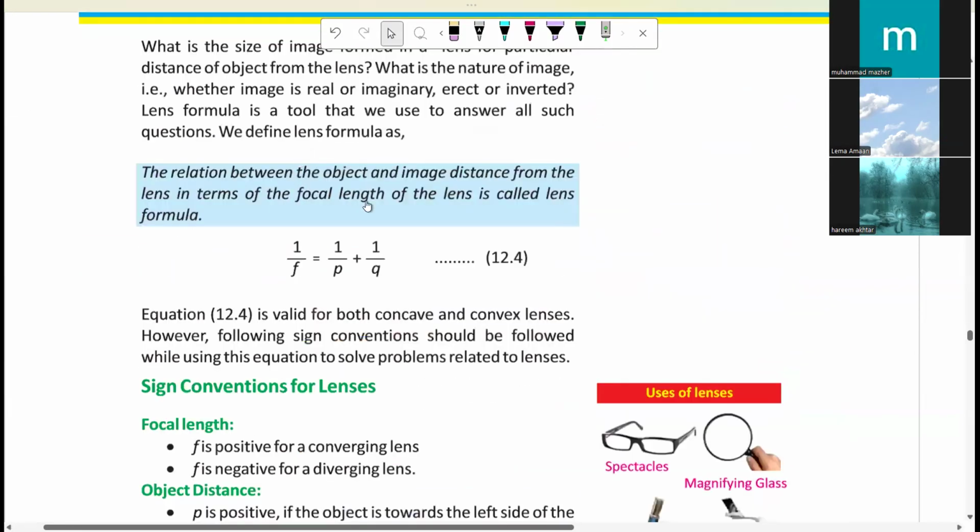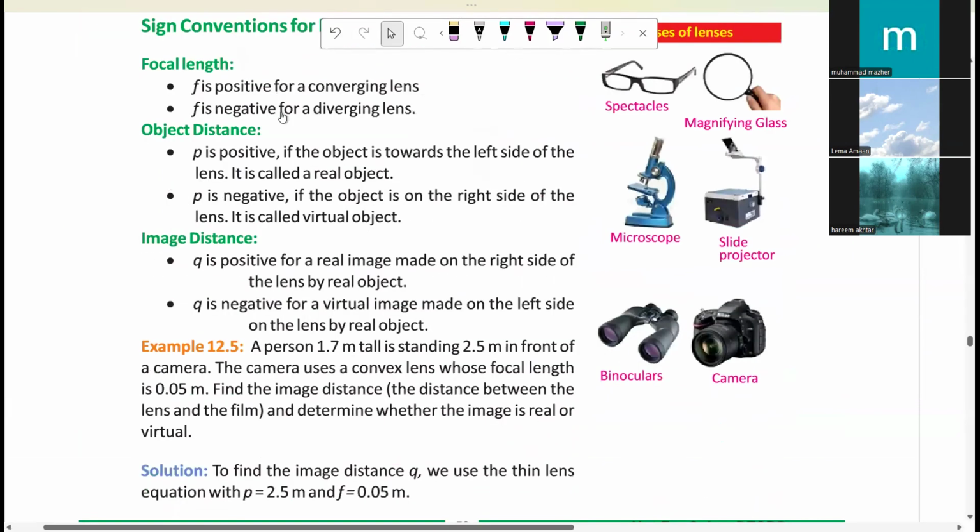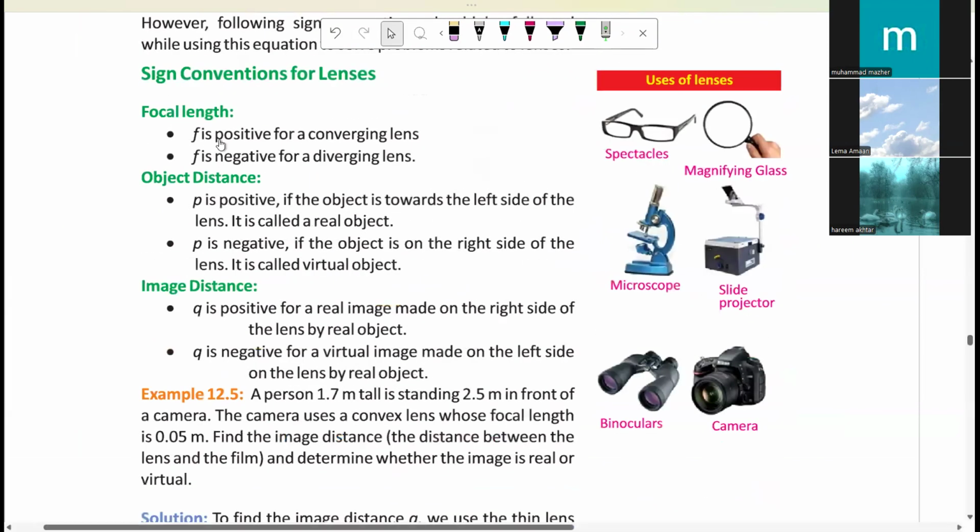Lens equation हम लोगों ने कल ही पढ़ लिया था, 1/f = 1/v - 1/u. कल हमने इन पॉइंट्स को डिस्कस कर लिया था कि focal length हमारे पास positive कब होगी, for converging lens, and for diverging lens it's negative. क्यों? Because rays are actually meeting in case of converging lens, and diverging lens के केस में हमें rays को trace back करना होता है, that's why वो negative, और वो virtually है।